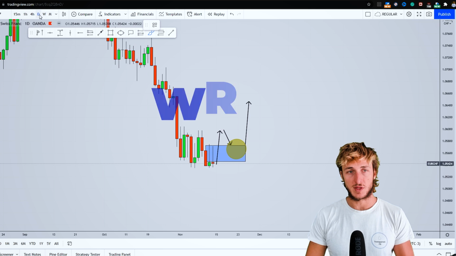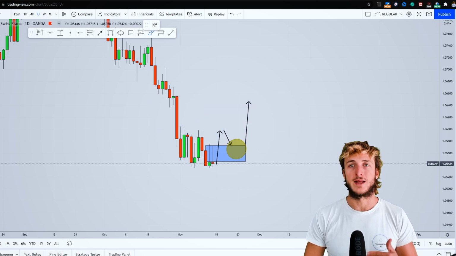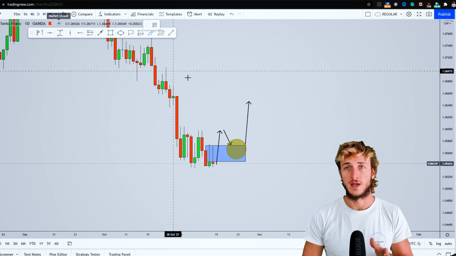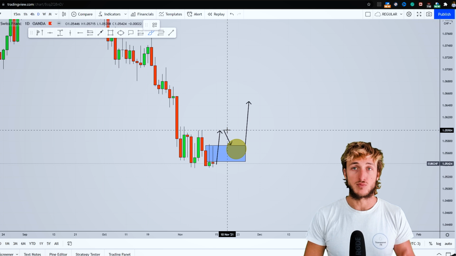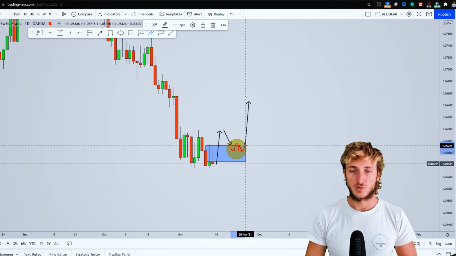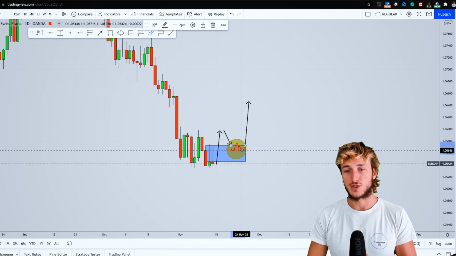Why intraday? Because monthly, weekly, and daily combined with the COT data are the best time frames from a directional perspective. However, when it comes to confirmations and entries, the best time frames are the intraday time frames, so 4 hour and lower. Therefore, if we will get a proper break of structure and retest inside of here, we will be monitoring price action with students from an intraday perspective,